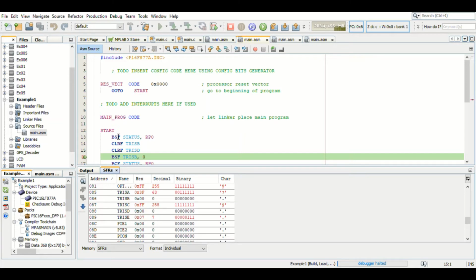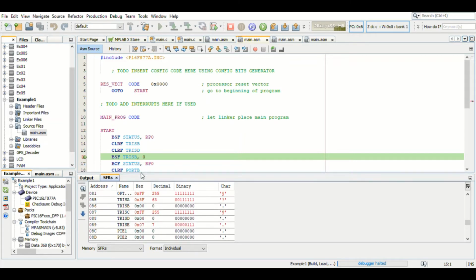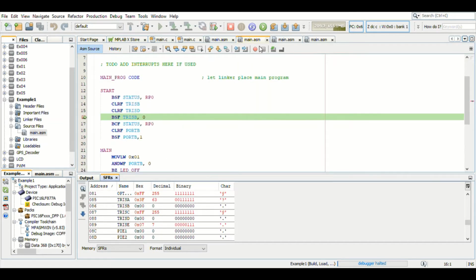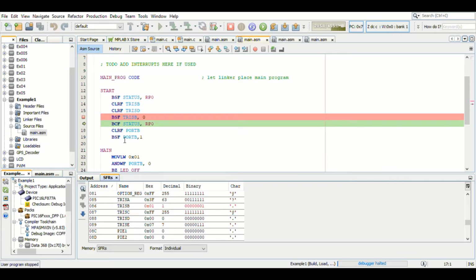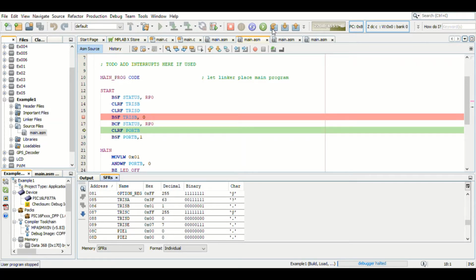Now I want to move step by step. In order to do that, I'm just going to click this. I just went to the next line, and the next line, and the next line.